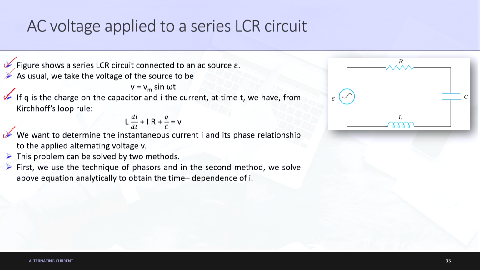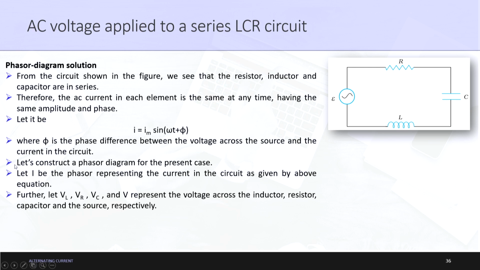This problem can be solved by two methods. First of all we use the technique of phasors, and in the second method we solve our equation analytically to obtain the time dependence of I. So, there will be two different methods which I will try to explain to you. First we will do the technique of phasors and second we will do it by the analytical method. Let us start the first methodology, in which we are trying to understand the solution of this equation